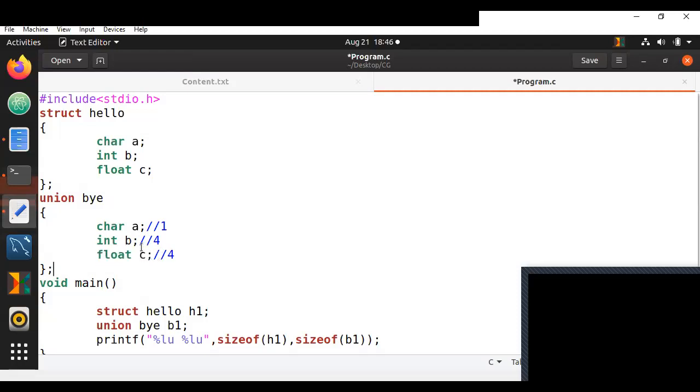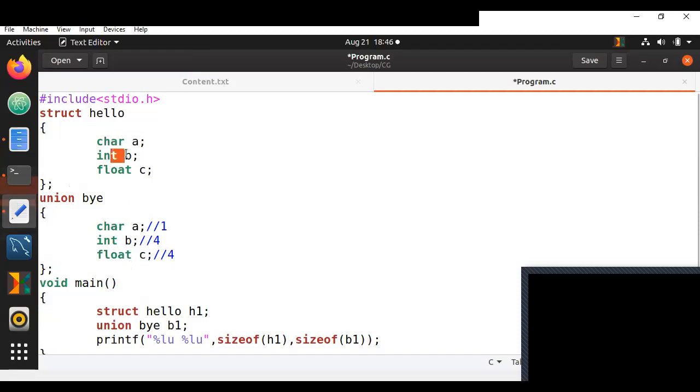That means if you're storing variable C, you cannot store variable B. If you're storing variable B, you cannot store variable A. If you're storing variable A, you can't store B or C. So union can only store one variable at a time. All of them will share a single memory space.